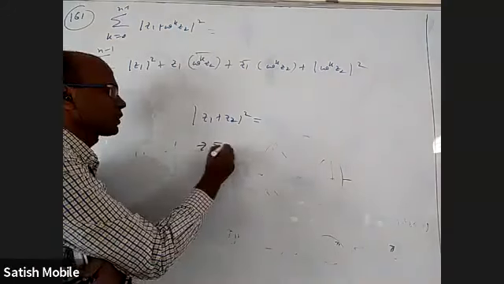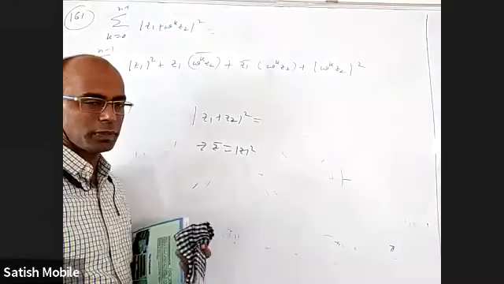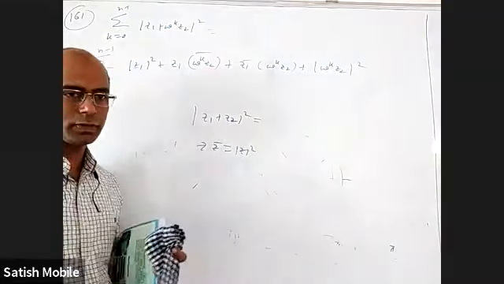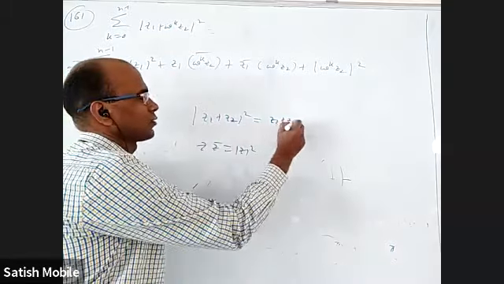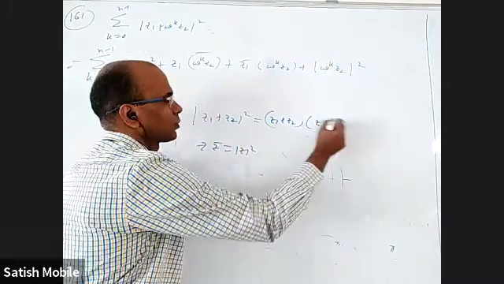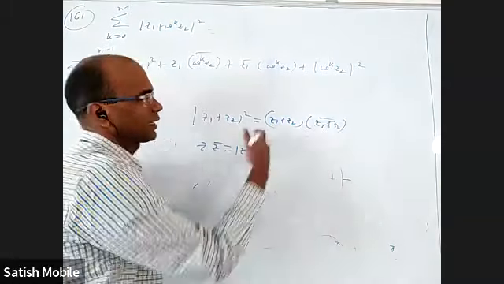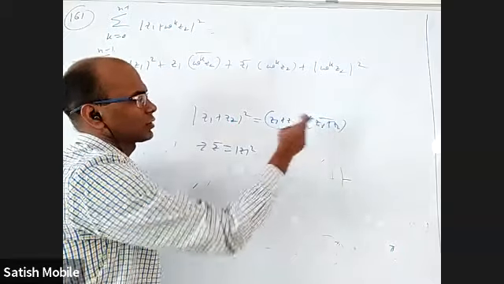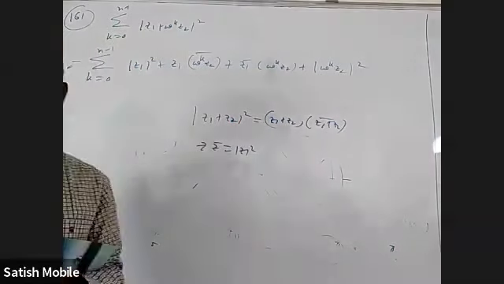In complex numbers, many things are very, very simple points. For example, Z plus Z conjugate is 2 times real part of Z. Or Z conjugate whole conjugate is Z only. All are very small things. But they are used sometimes in big questions. The question solution may be big, but every step is very small. Okay. Anyway, Z into Z conjugate is mod Z square. So based on this, mod this whole square, I can write Z1 plus Z2 into its conjugate. Z1 plus Z2 conjugate. Expand this, we'll get Z1 into Z1 conjugate, which is mod Z1 square, Z1 into Z2 conjugate, Z2 into Z1 conjugate, and Z2 into Z2 conjugate is mod Z2 square.